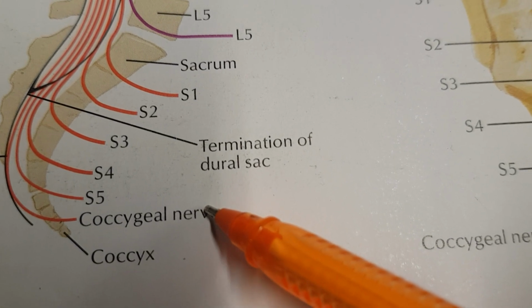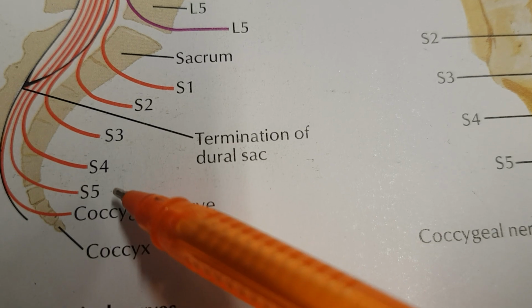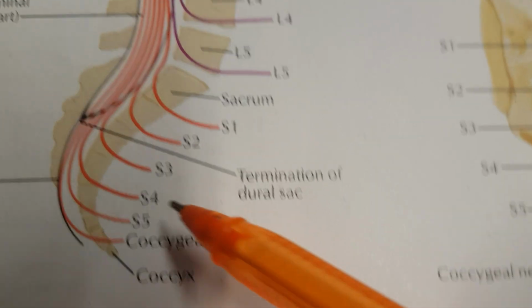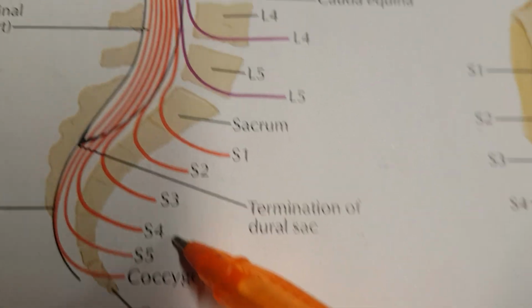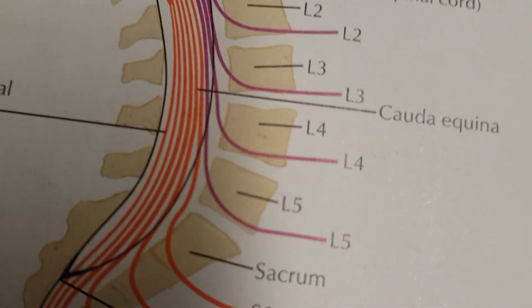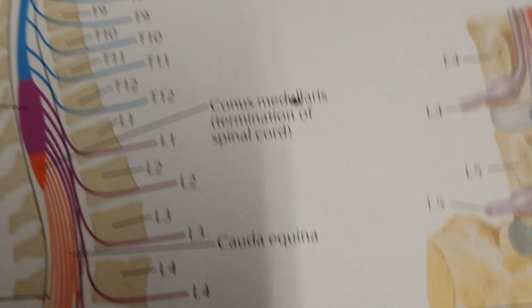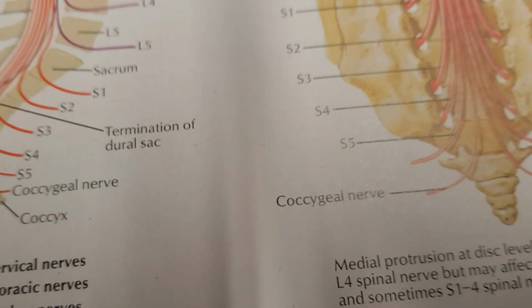If the patient has got a problem with incontinence or has weak pelvic floor muscles, then that means the problem is S3 and S4. S5 and coccygeal nerve, you can't do any dermatomes for the last two. Okay, I think we are still